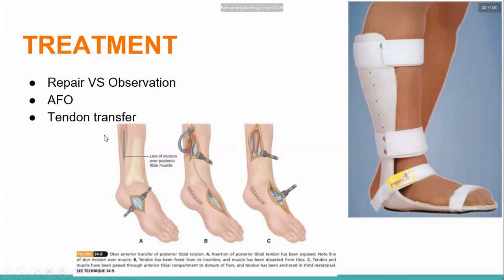And if after 1 year the nerve function does not recover, you have to substitute whatever is missing. You transfer from another part to give that function. In most cases, the common peroneal nerve is injured, so the dorsiflexors of the ankle are gone. What you can do is a posterior tibial tendon transfer. The posterior tibial tendon, which is an inverter of the foot, will come anteriorly and become a dorsiflexor of the ankle.